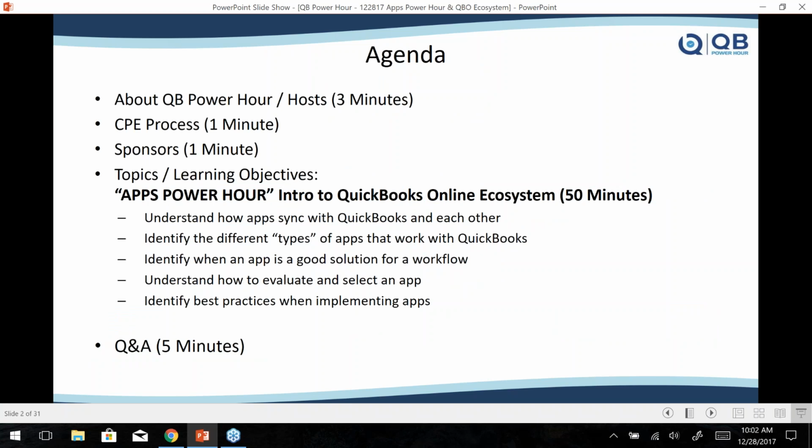ecosystem. We're going to help you understand how the apps sync with QuickBooks and with each other, help you identify different types of apps that work with QuickBooks, when an app is a good solution for a workflow, how to evaluate and select apps, and then also some best practices for implementing apps. So even if you're already working with apps, I think you're sure there's going to be something that you'll learn